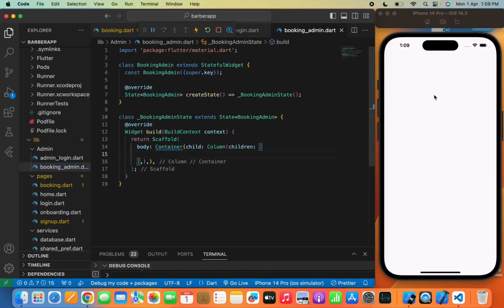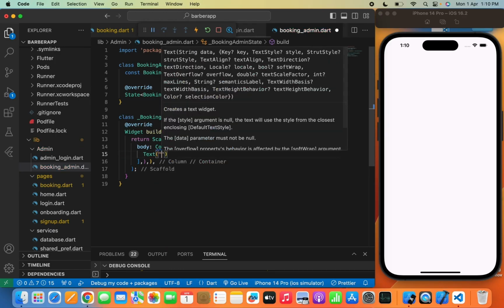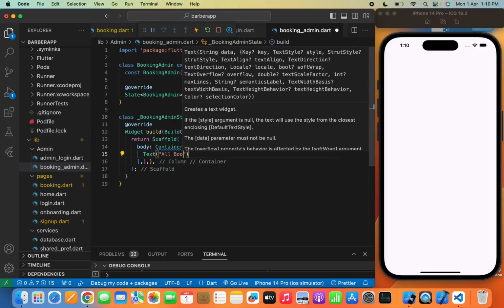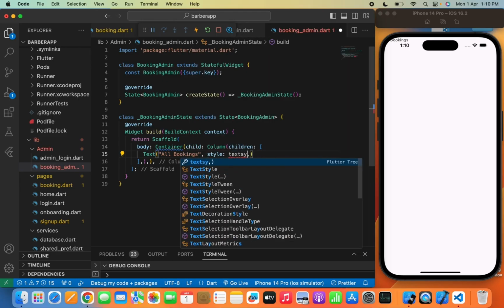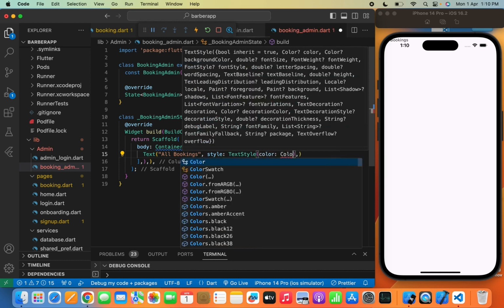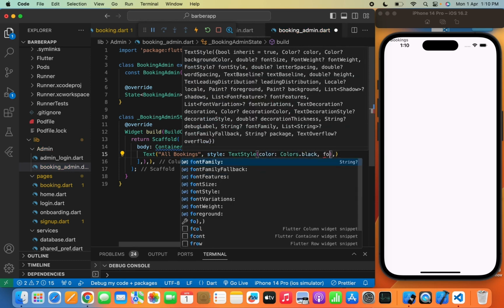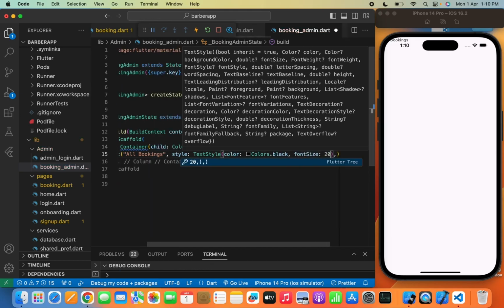Now on this page, first I am going to show the text which will be the headline of our admin panel, which is all bookings. So here we are going to show all the bookings that the user has made from the user app. Now we need a text widget here. So we'll write text and in the text widget we'll write all bookings. Now we'll pass the style text style colors dot black, font size 20.0,